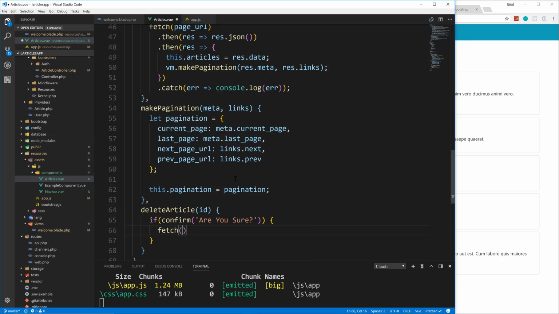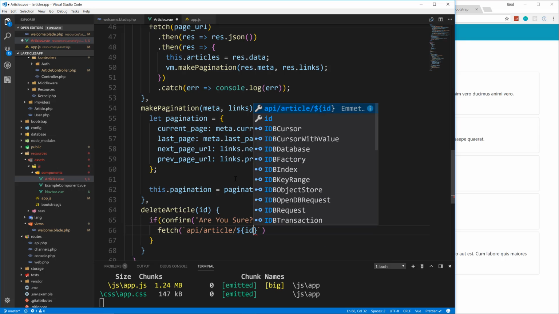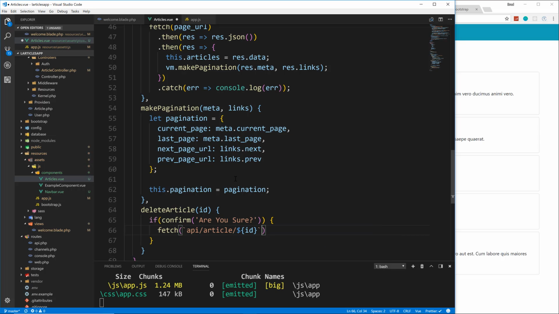So we'll say fetch, and we're going to pass in here, I'm actually going to use backticks. I'm going to use a template string because we want to do API/article, singular, and then the ID, like that. Then we're going to pass in a second parameter of an object, and we're going to say the method is going to be delete,